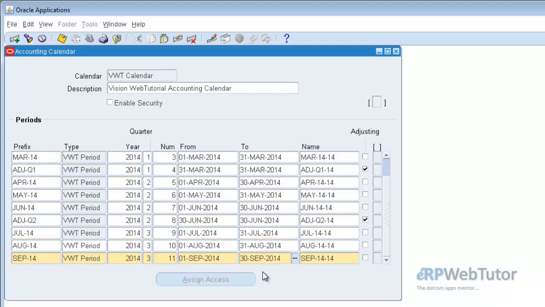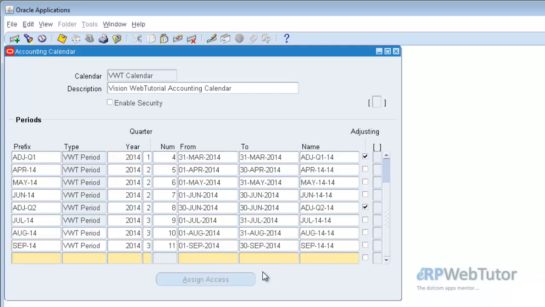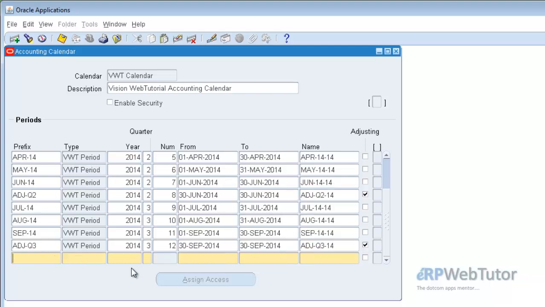September 2014, and then we need to create one more adjustment period, adjustment for the quarter 3. So the date will be the last date of September, and this time let me take the adjusting period, and then let me go ahead and create the last quarter of this year. So it will be October 14, quarter number will be 4,